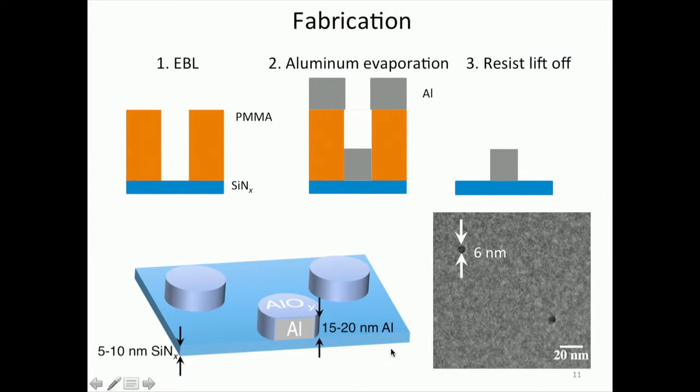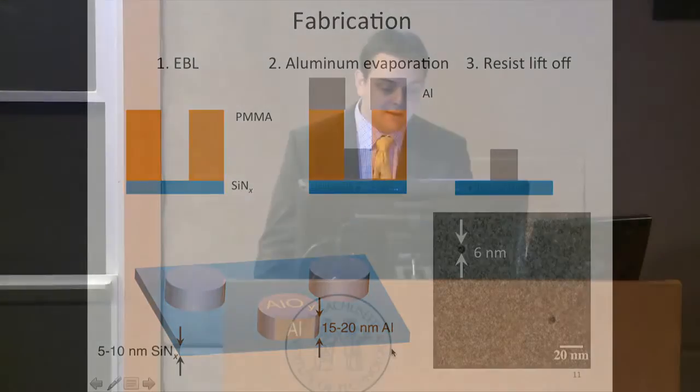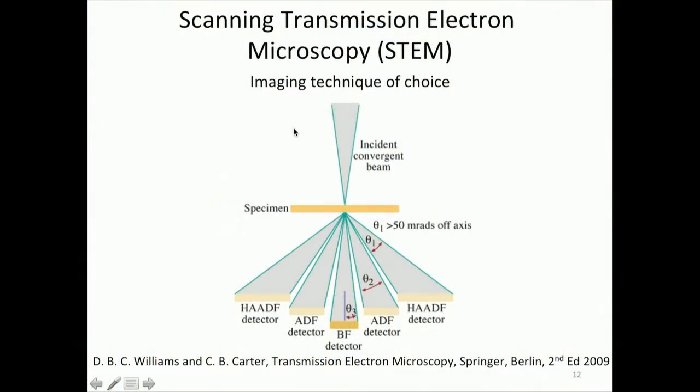And we chose silicon nitride as a substrate because we're going to do TEM metrology and electron energy loss spectroscopy. So for TEM, we're going to use a scanning transmission electron microscope to image our structures. This is a very well-established, really high-resolution technique that you can get down to the atomic scale. How it works is that you're going to have a focused beam on the sample, a convergent focused beam, and